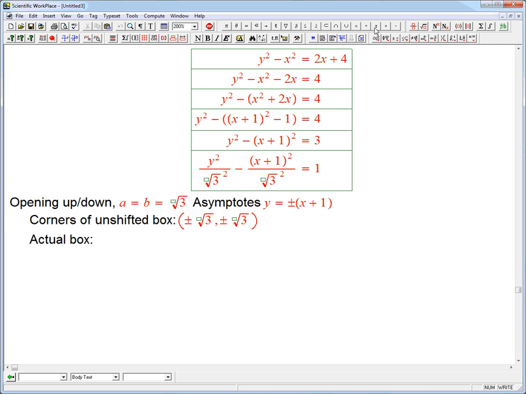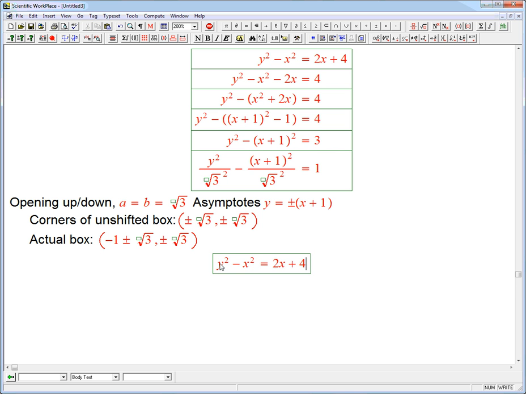is going to be minus 1 plus or minus root 3 and plus or minus root 3. And those plus or minuses, I'm being a little cavalier, those are both independent of each other, so it's all 4 possibilities. Okay, so let's go ahead, and I'm just going to cheat a little bit and let the computer actually plot